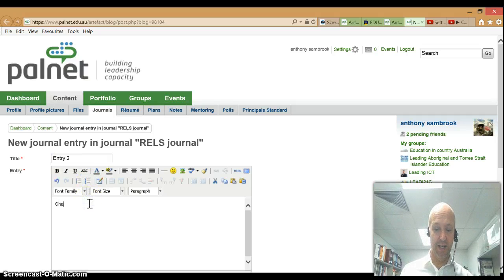I'm going to give this a heading this time. I'm going to give it a date and a heading. So let's say I was doing this tomorrow, because I'm that good. I can actually write into the future the 29th of July, and this time I'm going to have a heading because I'm getting a bit sophisticated. And it's called Challenges and Opportunities. Simple editing tools,